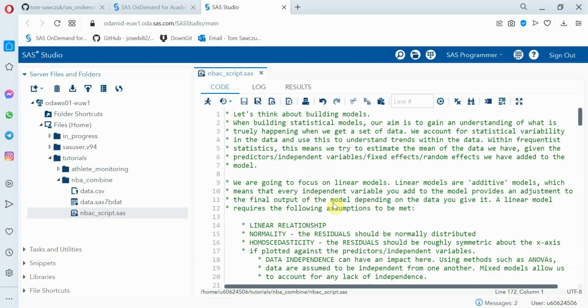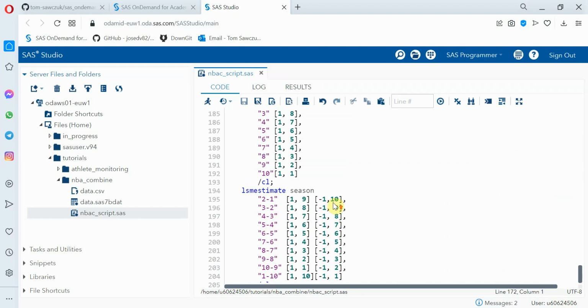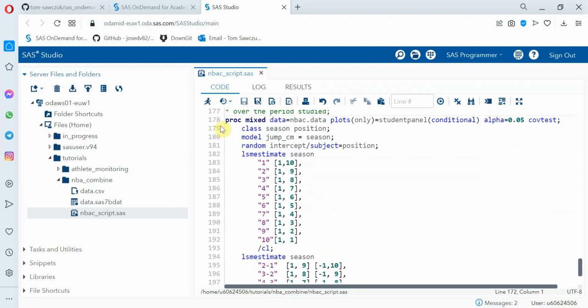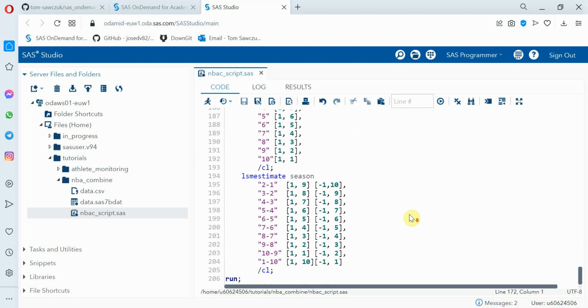We are going to go down to the very bottom, and the model that we are going to run starts on line 178. What we're going to do is add some pairwise differences into this model to get an understanding of what the differences are between seasons, which was the original aim of the model. You'll be familiar with the first 10 lines or so of the model, whereas the LSM estimate season may be a little more